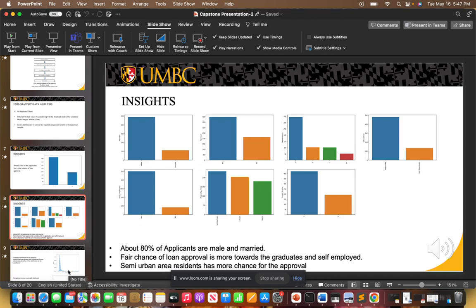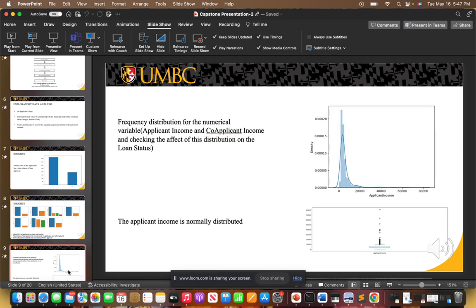As all these come under the categorical variables, I have separated the numerical variables, which are applicant income and co-applicant income, from the categorical variables, and plotted a frequency distribution graph for this. Looking at the graph, this shows that the applicant income is normally distributed. As I was a bit curious to know if